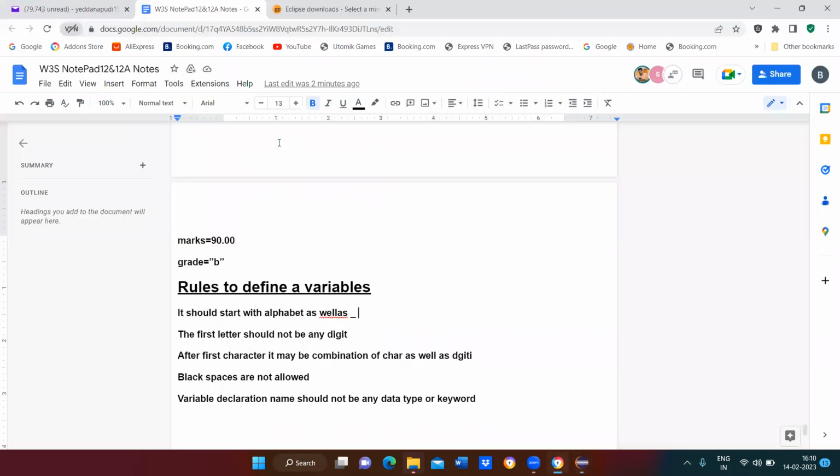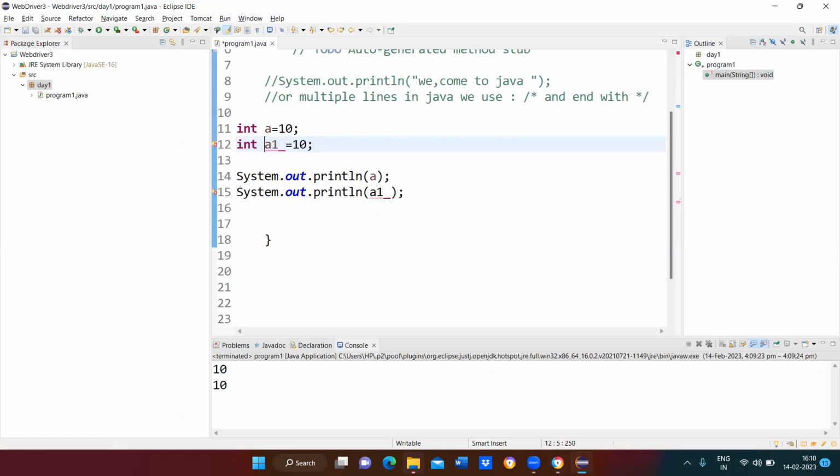Okay, next. The variable declaration name should not start with a keyword or data type. See, sir, can I give int A1 equal to 10? Can we give this? No. Since int is a data type and a keyword, again int we can't give. Data type with data type cannot be given. Keyword with keyword we cannot give.